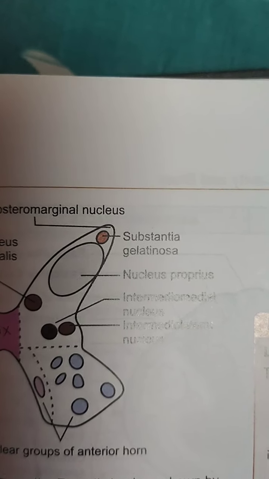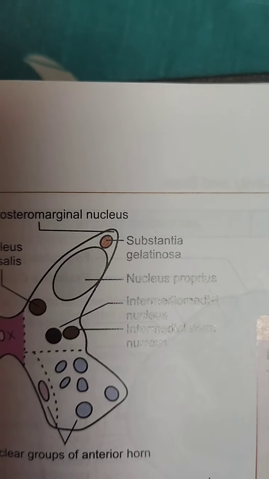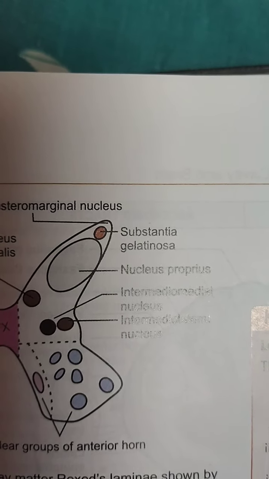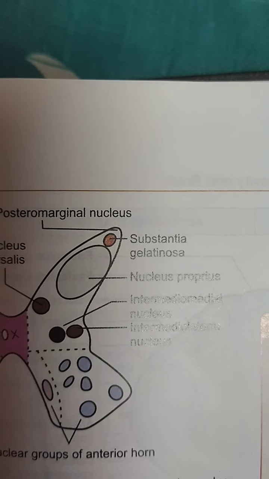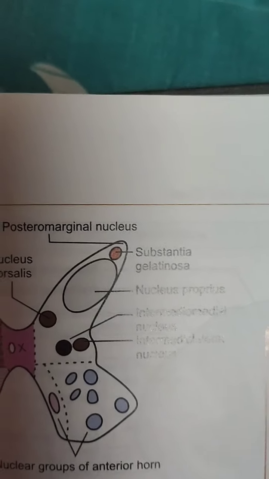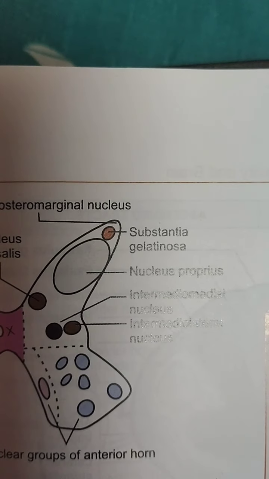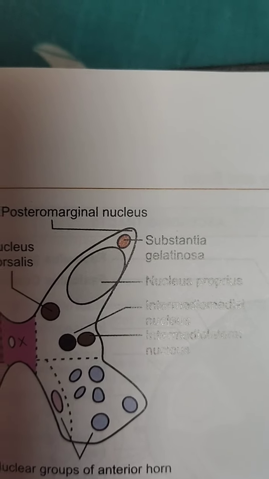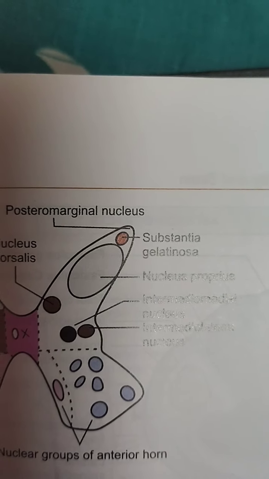The substantia gelatinosa is also made up of a number of neurons. So they form the second order neurons. From these second order neurons arises the spinothalamic tract. Because it carries pain and temperature, they relay onto the tract called the lateral spinothalamic tract, which is present in the white matter. It is present throughout the spinal cord.